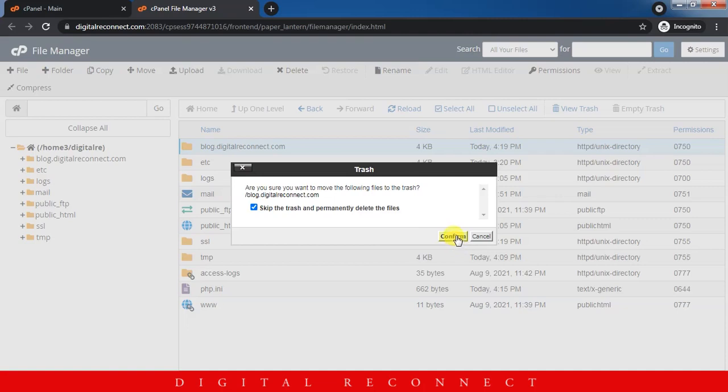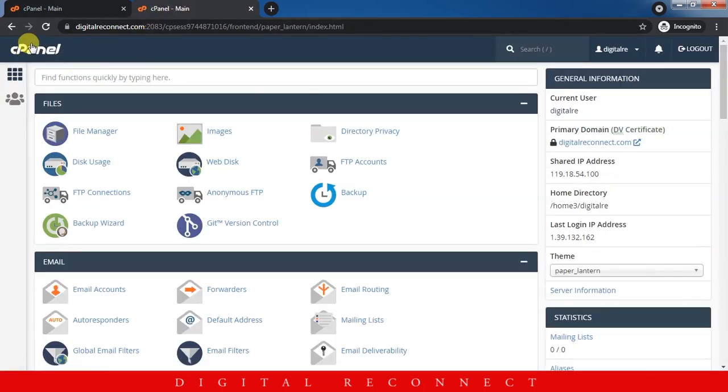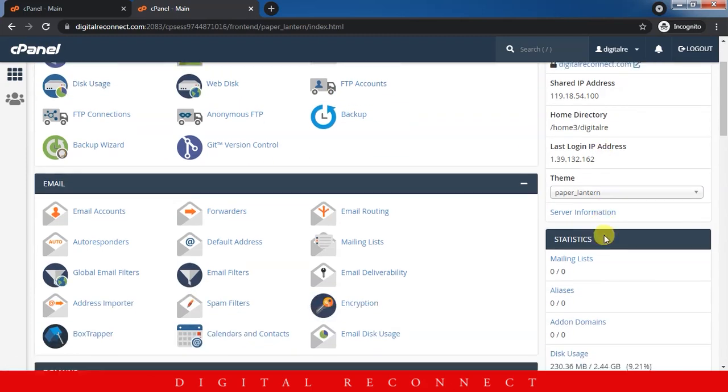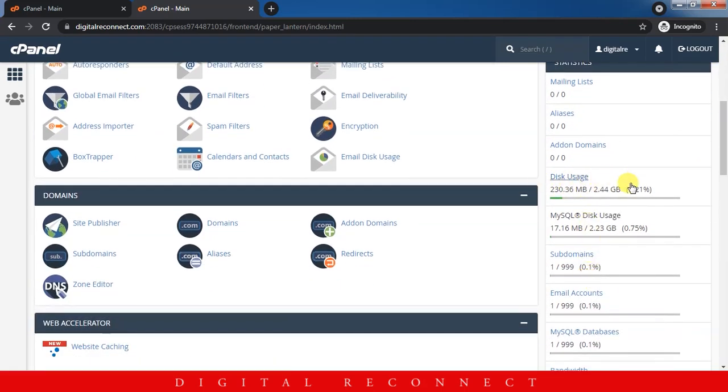Now we will go back again to the cPanel main menu. By clicking on the above icon, you can directly come back to the home screen of cPanel. These are the disk usage options. You can also find the same over here. Total storage: since I have been allocated around 2.5 GB, I have used just 230 MB. You can see my SQL database usage,